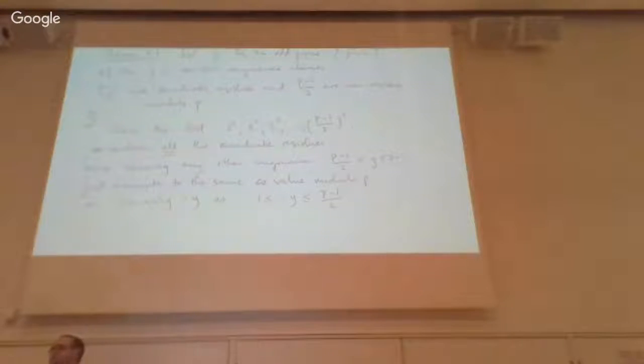Does that make sense? Is that okay? Is that clear? So if you're looking for quadratic residues, you will find them in that list. 1 squared, 2 squared, 3 squared, all the way across up as far as p minus 1 over 2 squared. Now, what we don't fully know yet is, okay, so you could say that's the end of the proof. There's p minus 1 over 2 things on that list. Just count them, 1, 2, 3, 4, as far as p minus 1 over 2. Well, there's certainly p minus 1 over 2